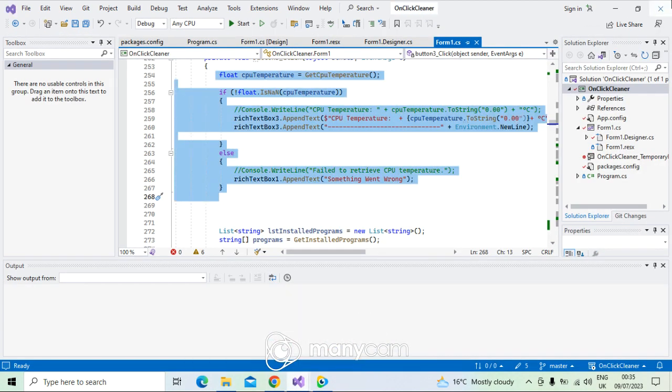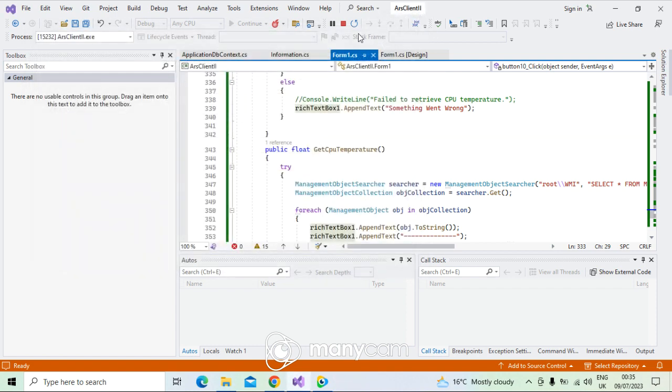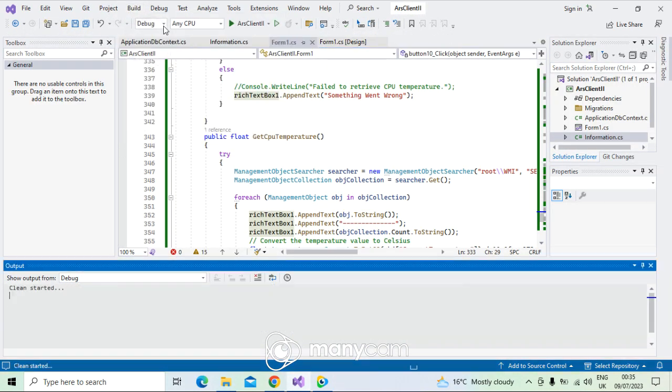Let me close this first. Okay, CPU data gets an error because we need administration rights for this. Something went wrong. Okay, what we are doing, I say, okay, this is just clean up,